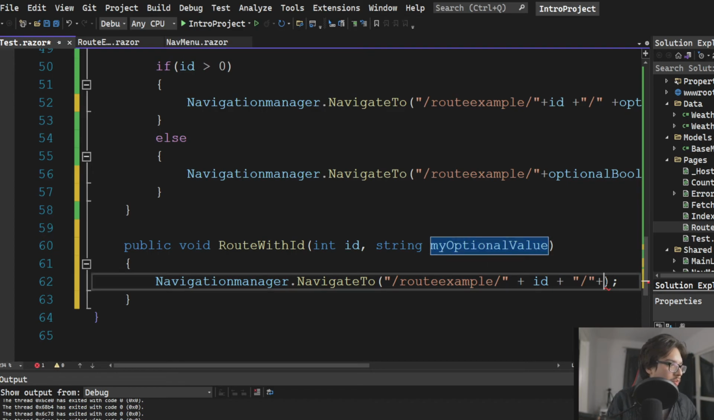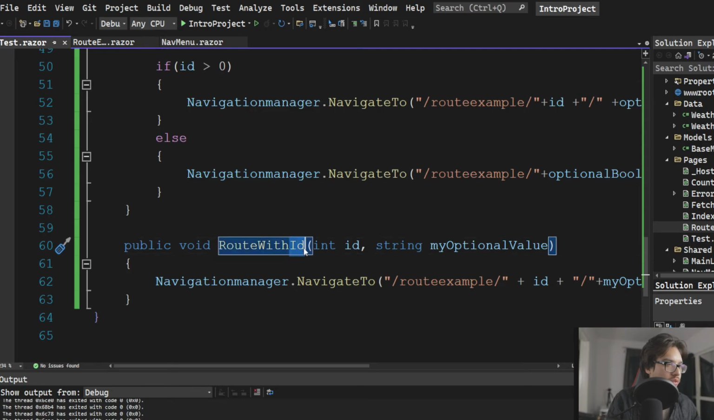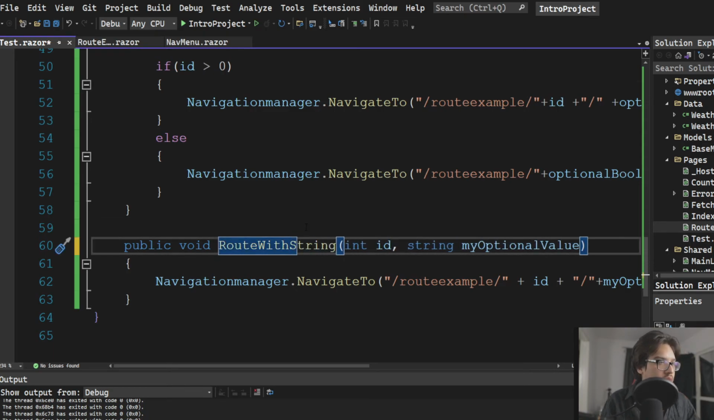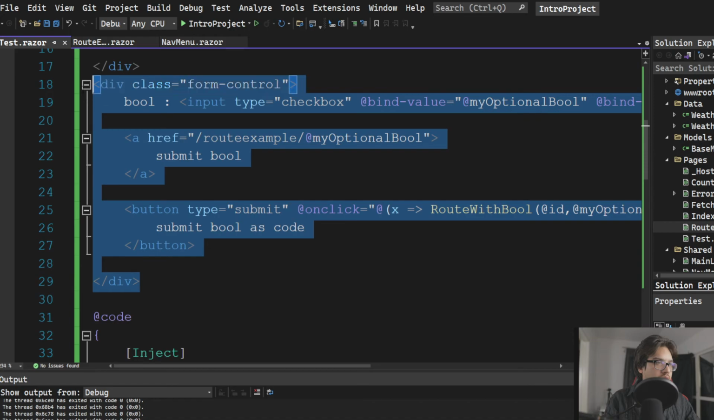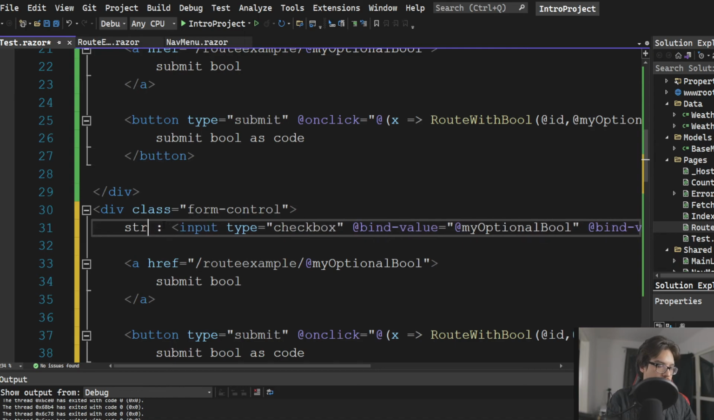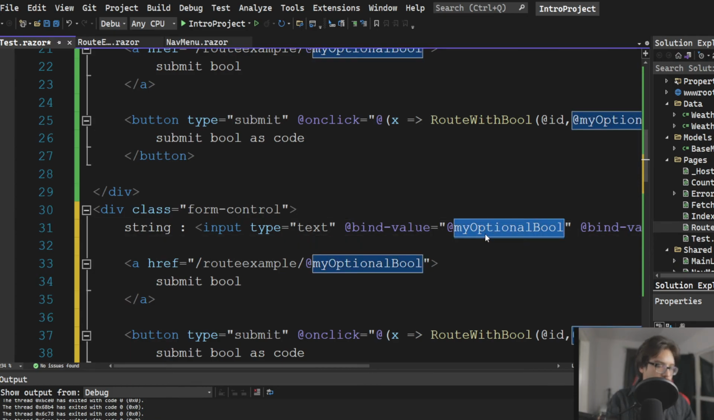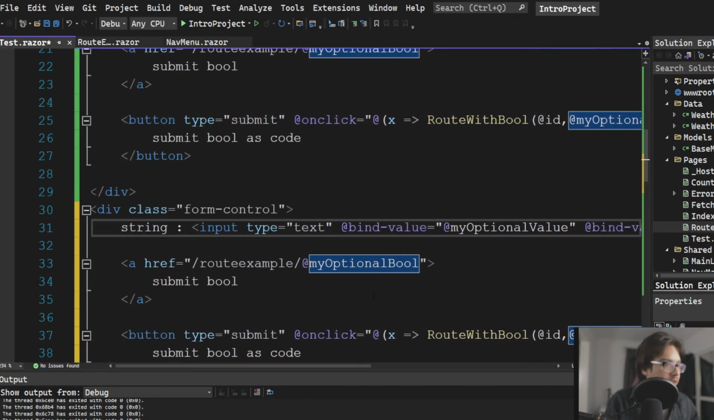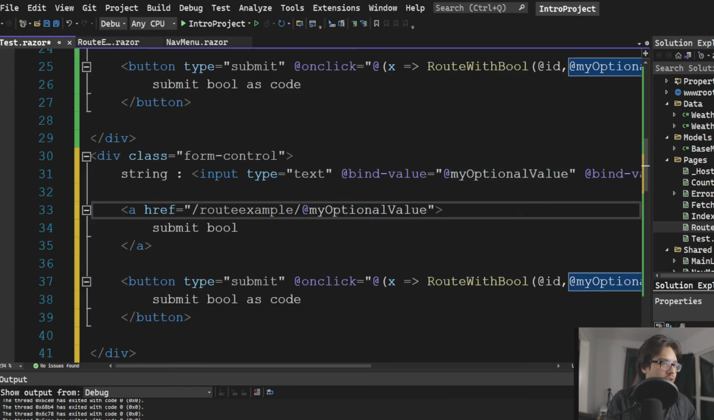And now we're going to add my optional. Now we have a route with it, and we do the exact same thing. Take this string, type is going to be text. My optional value. Sorry about the naming convention, I kind of came up with them on the fly. My optional value, and in this case,